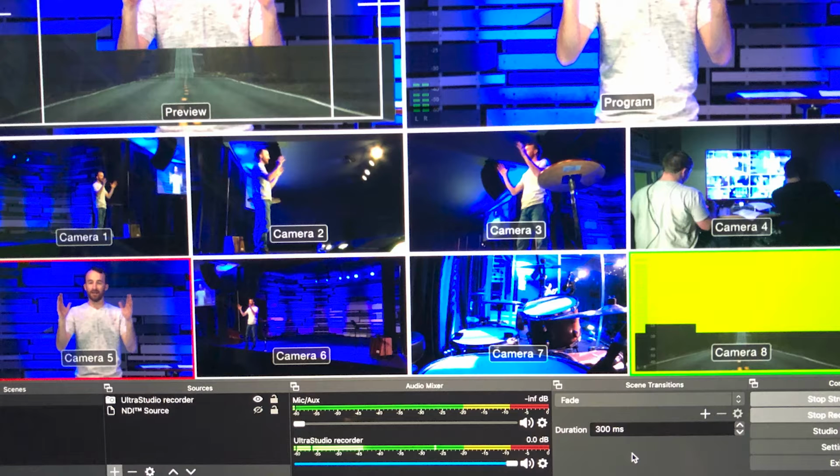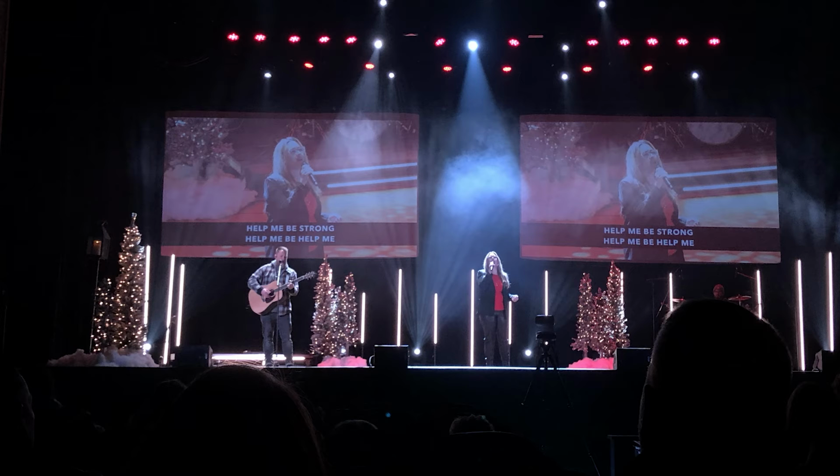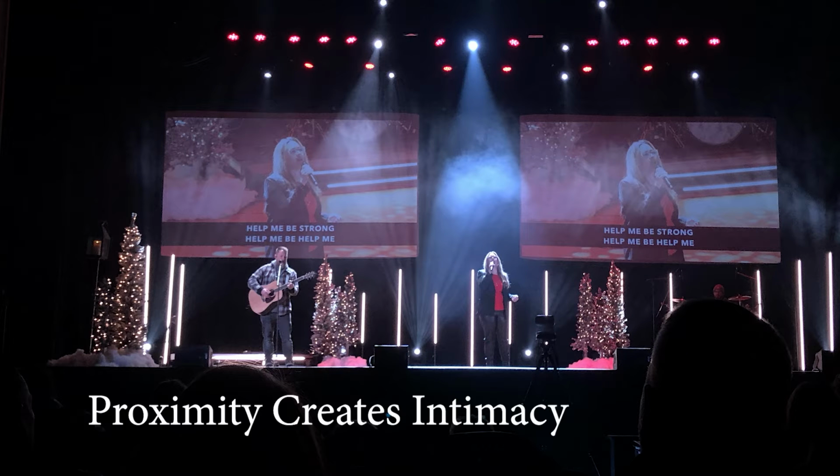It's easy to think video directing is just about choosing the best camera angles from the many options on the multi-view, but really the job is to tell the story, to eliminate distractions and help focus people's attention on what matters most. In my context, in the local church, that is the good news of Jesus. If your church does video on screens or IMAG, which is video magnification, then you are also helping create proximity between your audience and the speaker, in turn between your audience and the good news of Jesus.